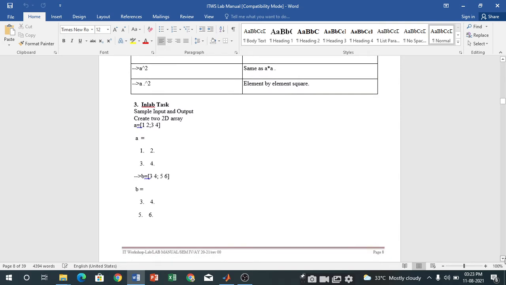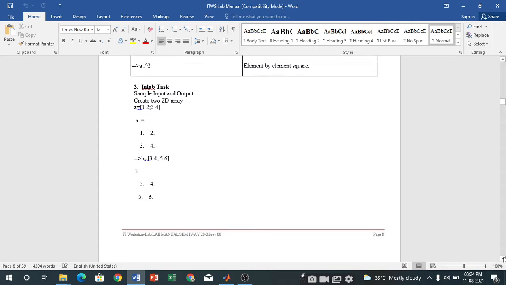Here we will have two arrays, array A and array B. In array A we have the elements 1 2 3 4, and in array B we have the elements 3 4 5 6.